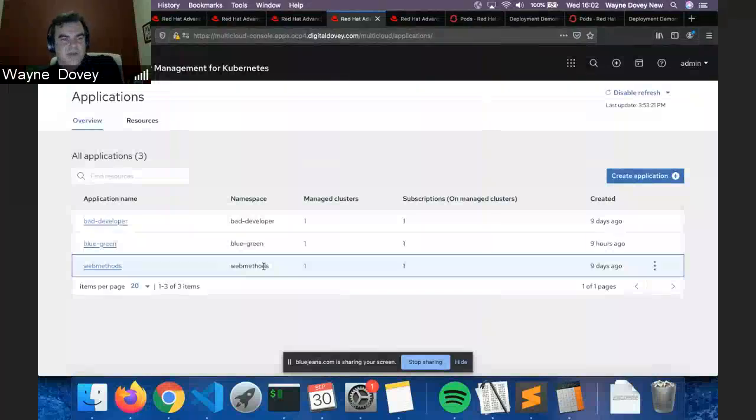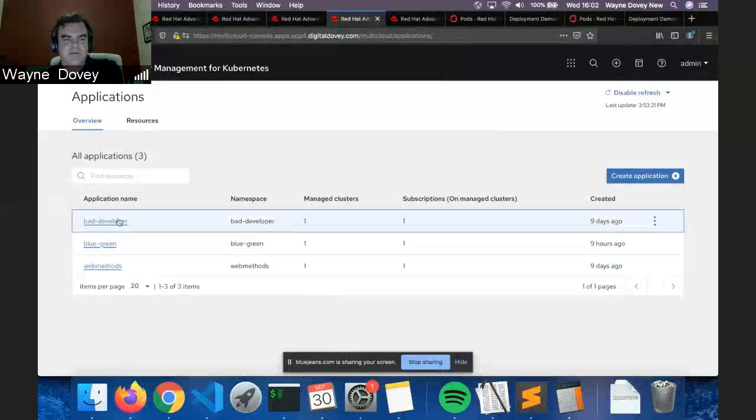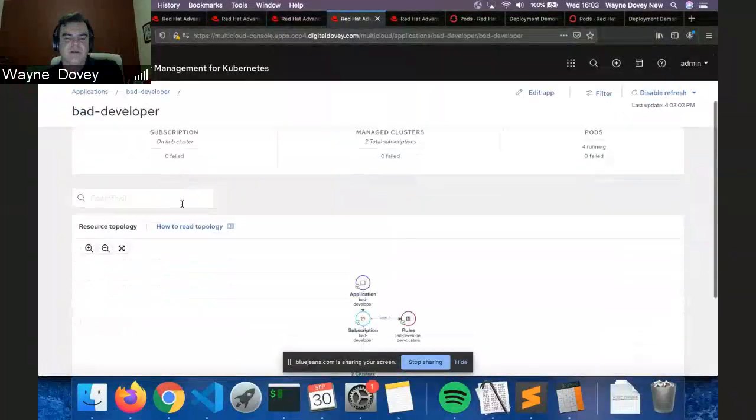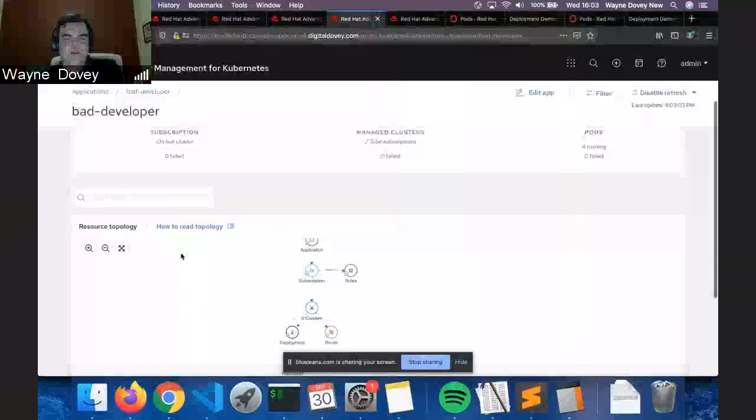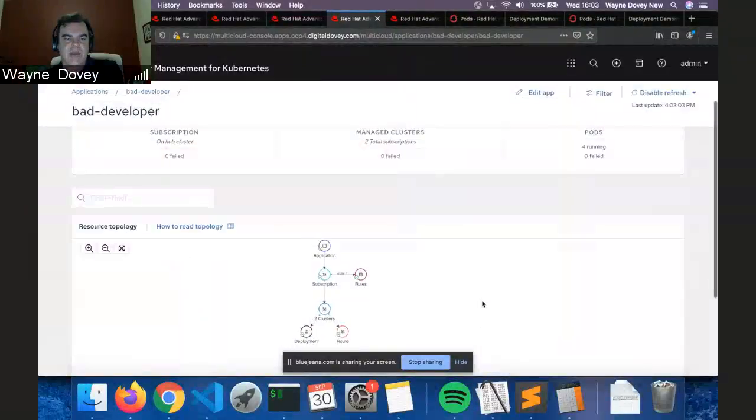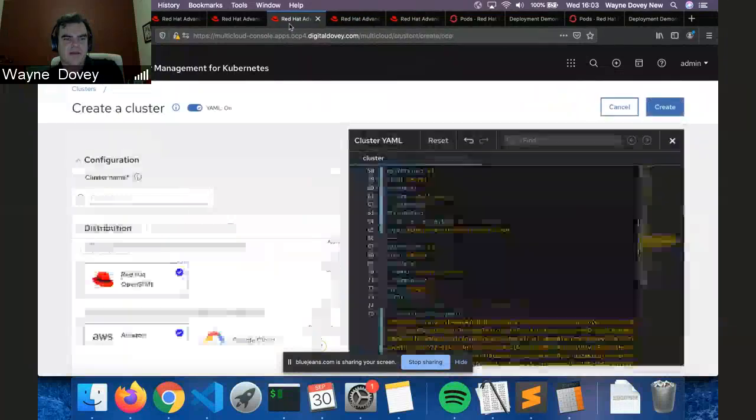So going into the application side of things, I have 3 example applications. And as you can see, the first one is called Bad Developer. The idea with the bad developer is to illustrate what would happen if there's a vulnerability that's been deployed into the clusters, and how ACM handles that. So essentially, this ties into the next section on the policy management, and I'll discuss it a bit further. But just bear in mind the method of how we manage vulnerabilities, and how we remediate that. I'll definitely come back to that.